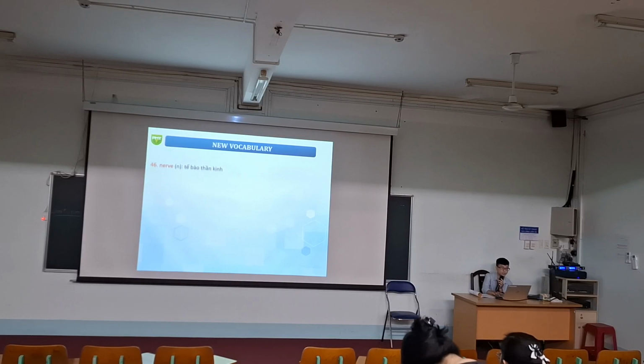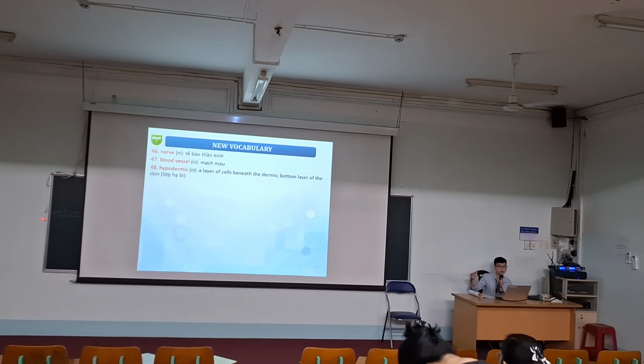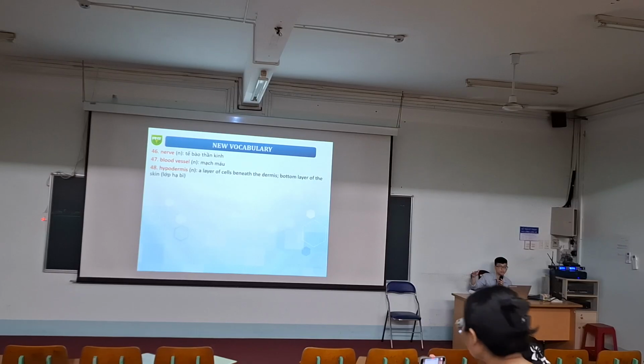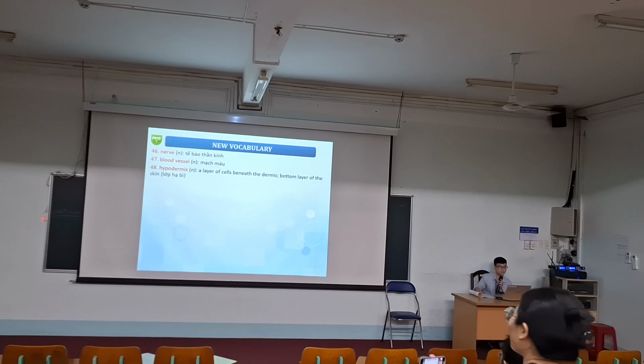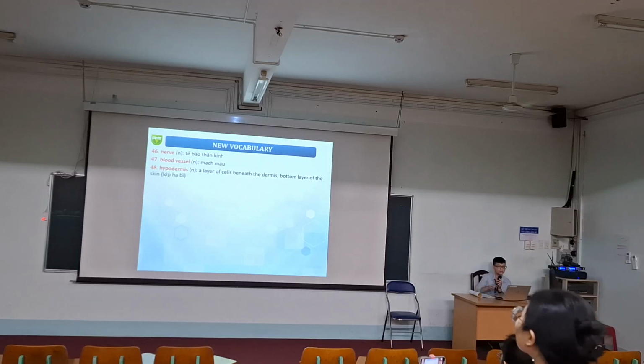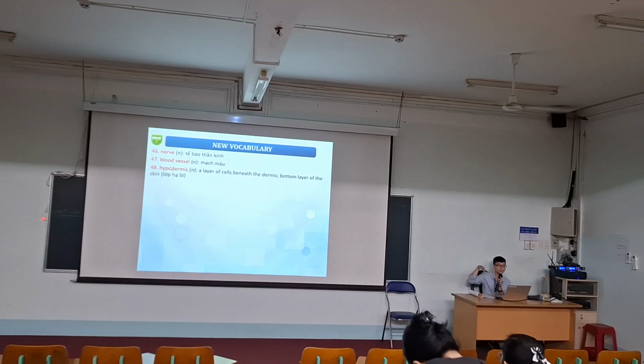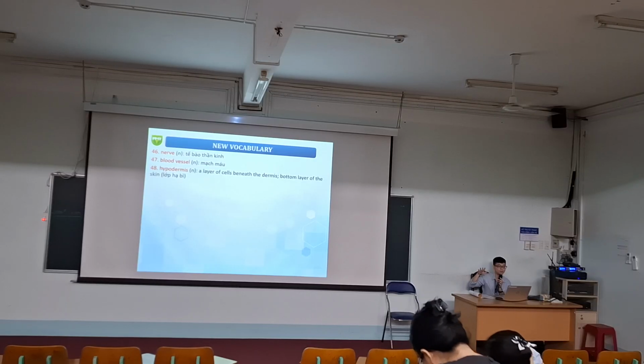Okay. 46, nerves. Okay, nerves. Blood vessel. Blood vessel. Hypodermis, a layer of cells beneath the dermis, the bottom layer of the skin, right? Okay, lớp phủ da là lớp hạ bì. Cái cấp độ của mình đó, hai bộ gì ở hai bộ ở dưới là upper gì đó, sẽ không phải